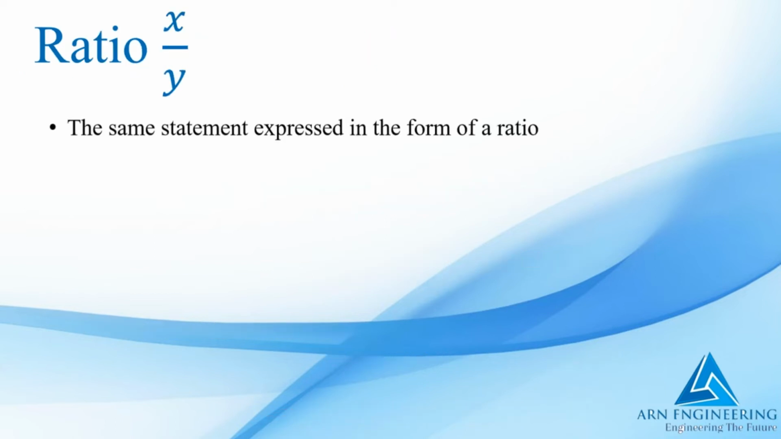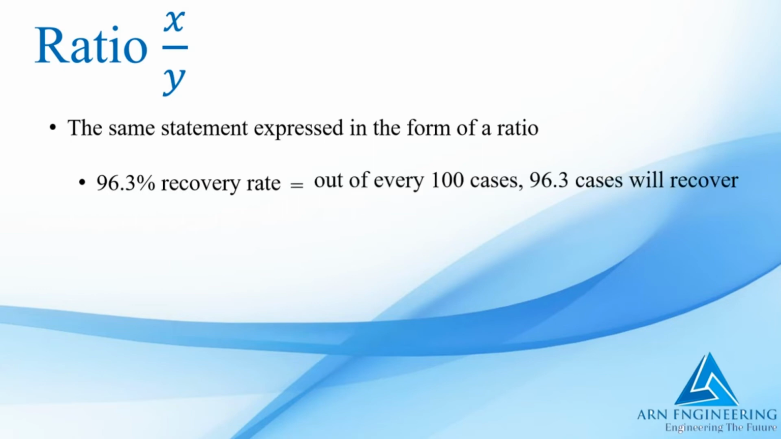Now, the same information can be expressed in the form of a ratio as well. And when we say ratio, we're basically talking about fractions. So we previously said that 96.3% of the total number of finalized cases seem to recover. So that's a 96.3% recovery rate. This is the same as saying that out of every 100 finalized cases, 96.3 cases tend to recover, right? So we can write that as a fraction,